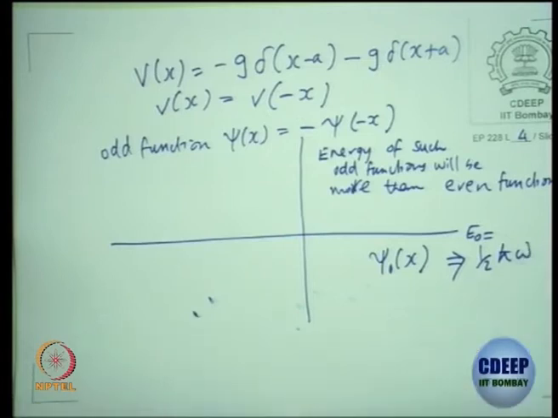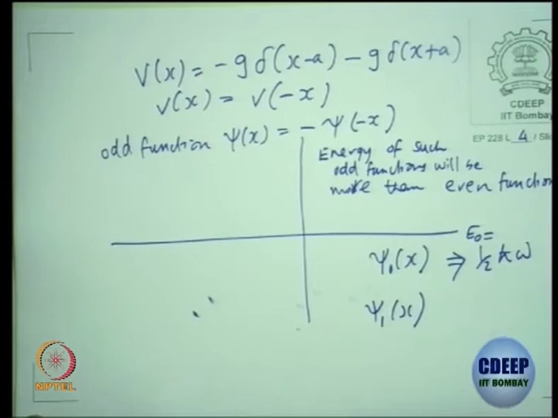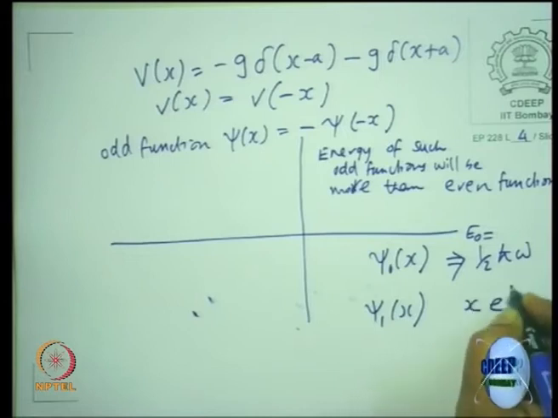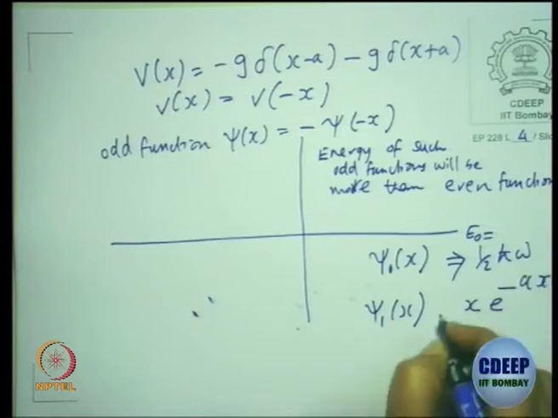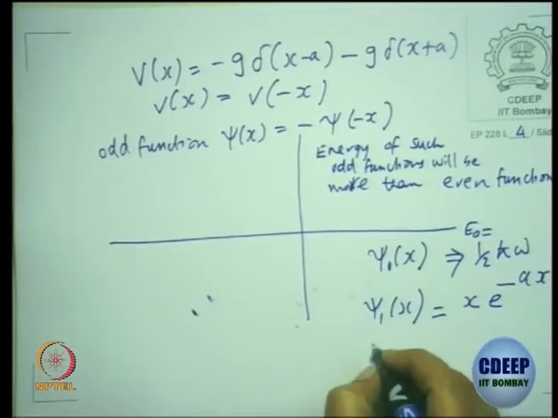Is that right? Psi 1 of x has odd powers to start with. So, it is proportional to some x times e to the power of minus a x squared. This is an odd function, okay,